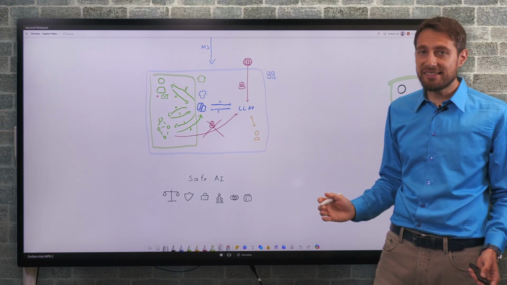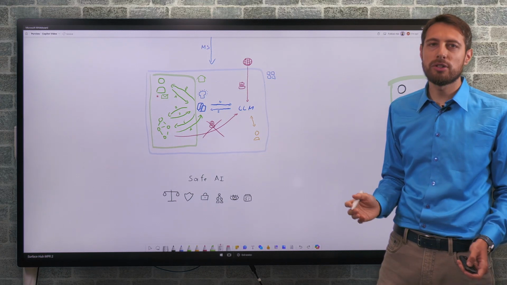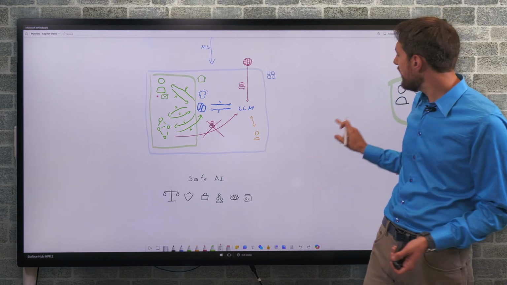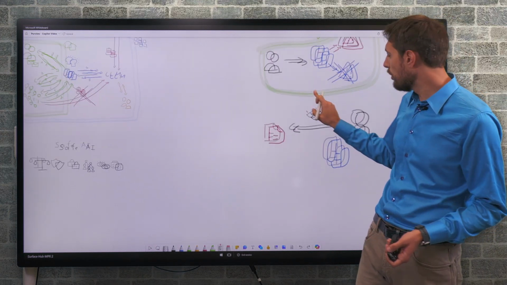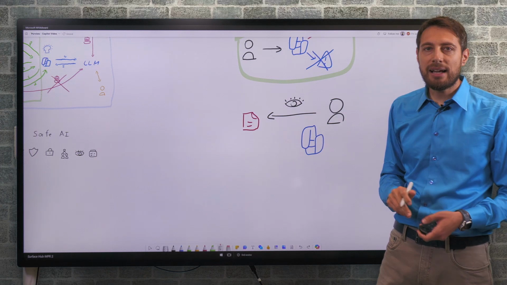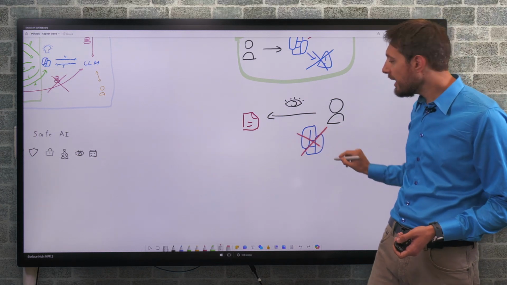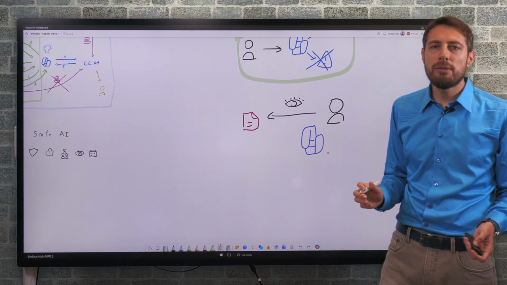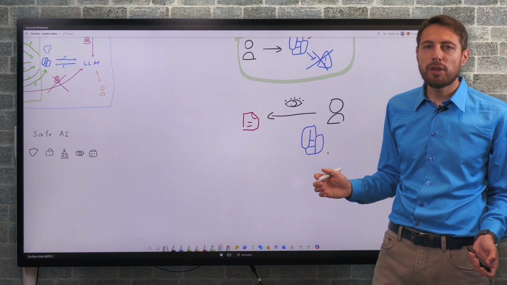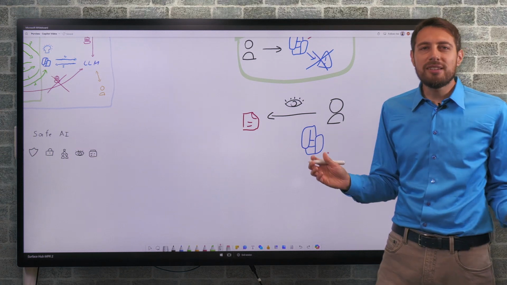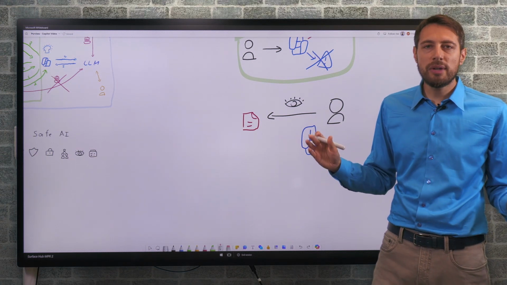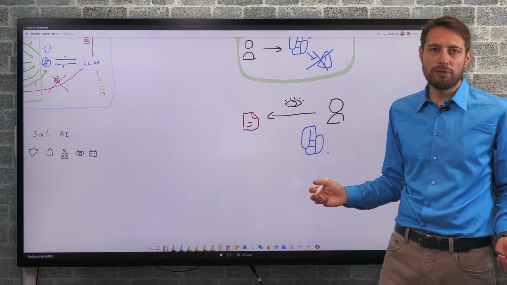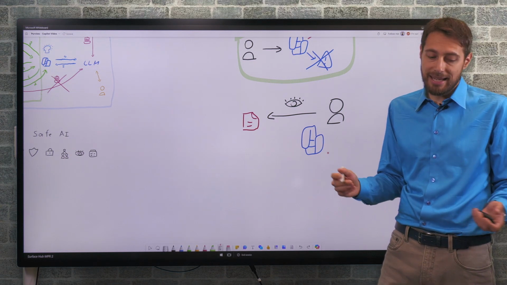If the user doesn't have access to something, then neither does Copilot. And this is great because when trying to reason about data overexposure, it allows us to essentially abstract away Copilot from our thinking entirely. We don't need to be concerned about how Copilot interacts with the data, or what exact prompt is used, or what the LLM is doing. We can ignore all of that and simply focus on a much more straightforward data security problem, the access rights